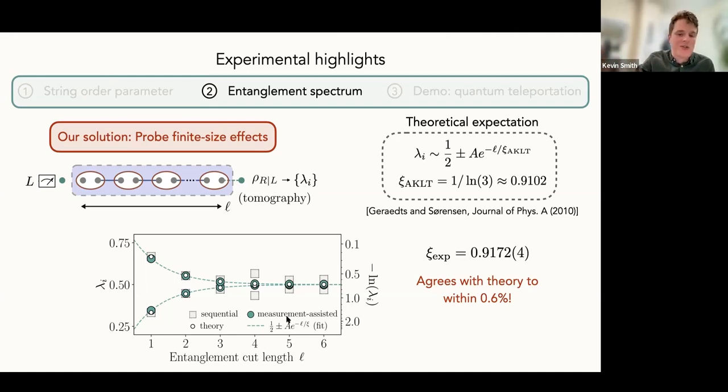But we can also fit this exponential curve to the measurement-assisted data and extract out an estimate for the coherence length. And so this is one way we test how well we're actually preparing the state. And the number that comes out when we do it for this particular data set is the following. And so you can see this is within 1% of the theoretically expected value, which is really, I think, terrific agreement, particularly on a noisy device. It wasn't just